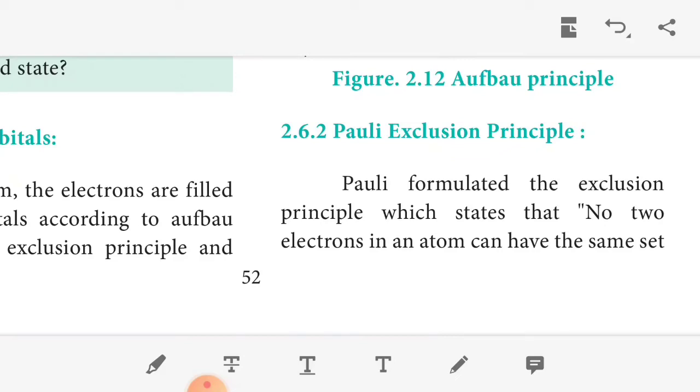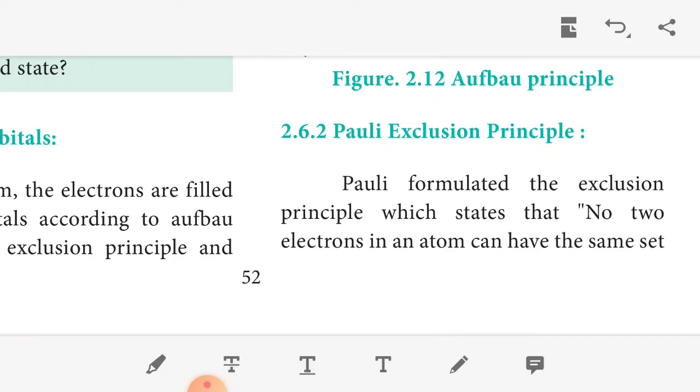Okay, so n equal to 1, l equal to 0, m equal to 0, s equal to plus half. For example, the 2 electrons present in helium: 3 quantum numbers are the same. As in the hydrogen atom, n equal to 1, l equal to 0, m equal to 0, s equal to plus half. For the other electron, the fourth quantum number is different: n equal to 1, l equal to 0, m equal to 0, but s equal to minus half.